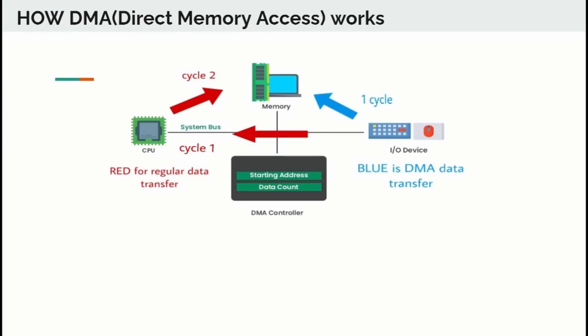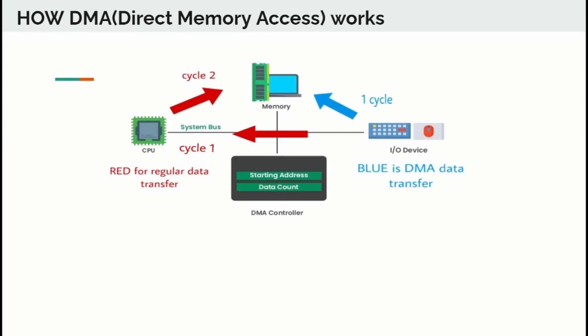We can see in this picture, the red line is a normal memory process without using DMA. In this process, the I/O device transfers data to the CPU. After that, the CPU transfers data to the memory. This process requires 2 cycles. It's not efficient, while the blue one is